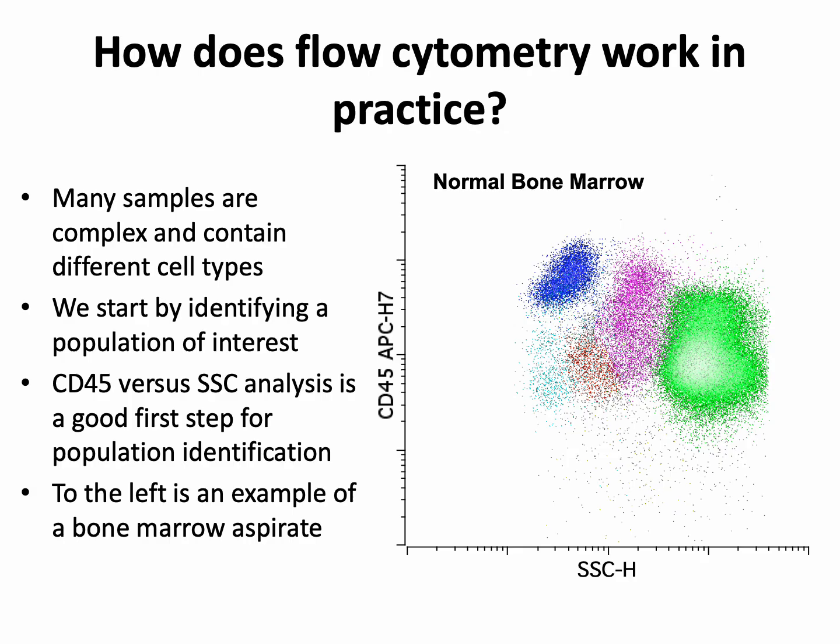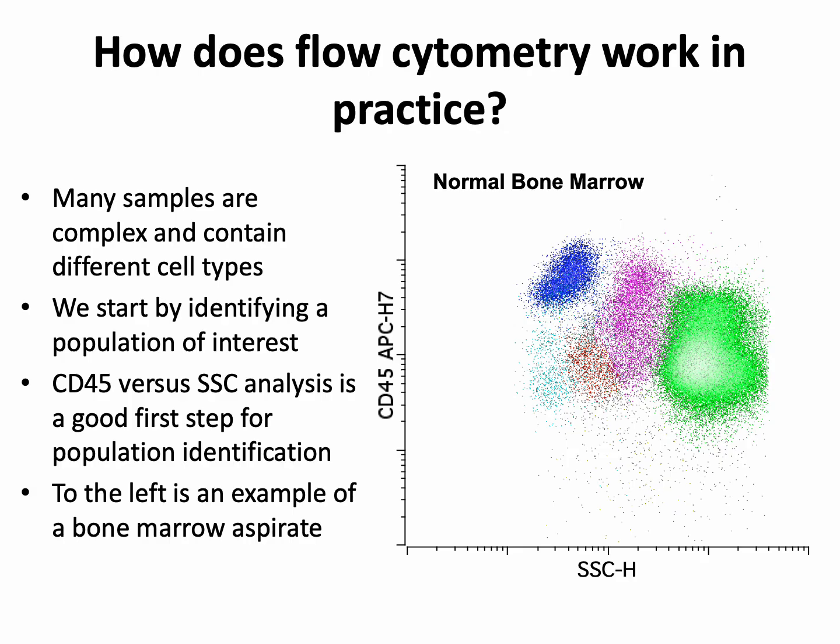All right, let's move now from a schematic representation to an example from real life. Many of the samples in practice that we evaluate by flow cytometry for involvement by a hematopoietic neoplasm are going to be relatively complex samples. Consider, for example, peripheral blood or bone marrow, in which you'll have a number of different normal white blood cell types present. A good starting point to identify your population of interest is often a plot of CD45 versus side